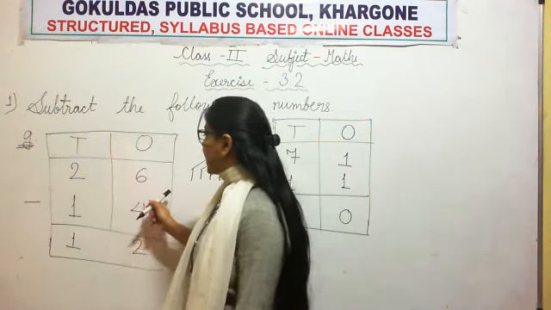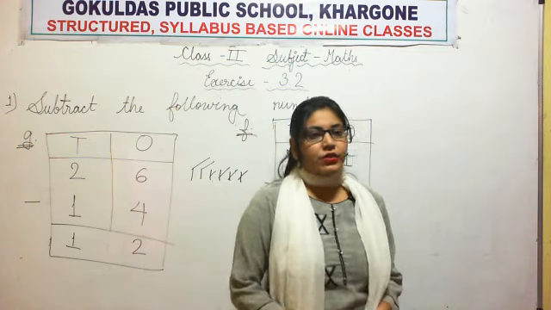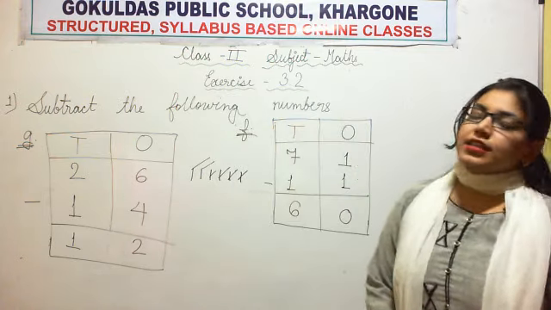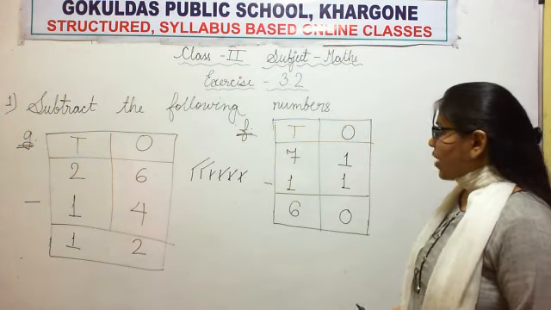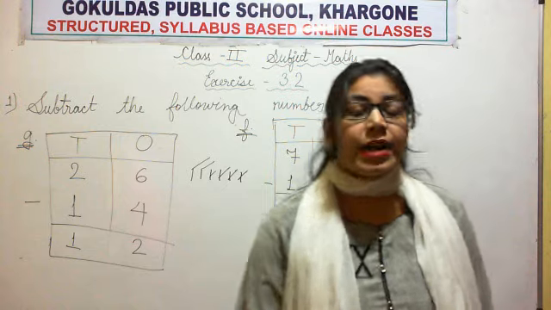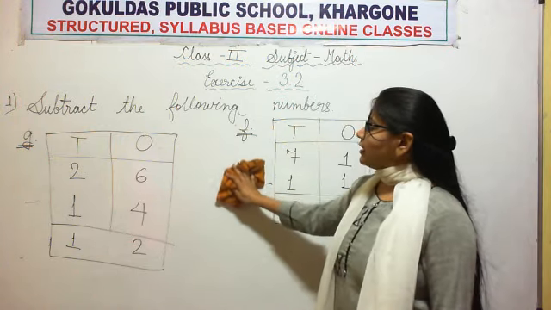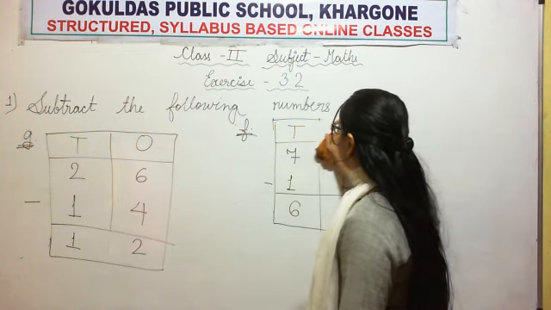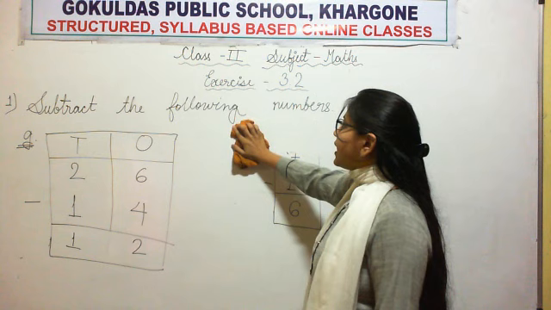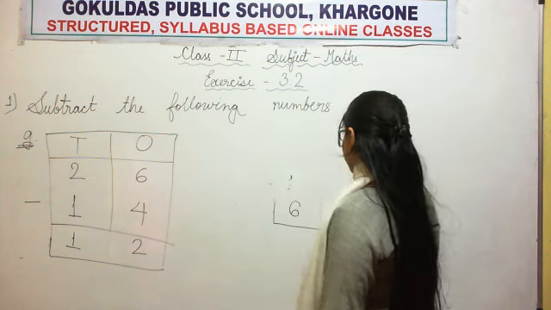So 26 minus 14 is equal to 12. Our result, or our difference, is 12. Now again, drawing of sticks is our rough work, so we will not show it in the fair work. Now moving towards the next part, that is the last part of the same question.